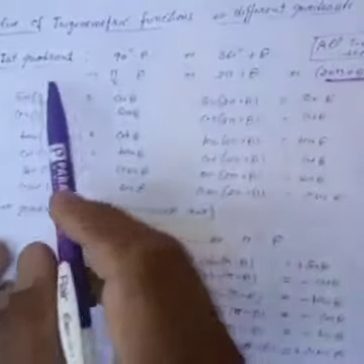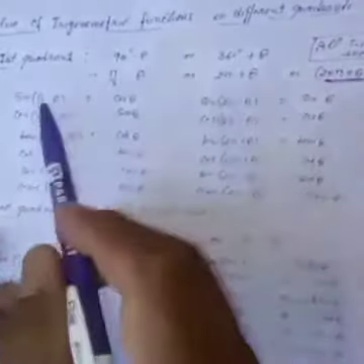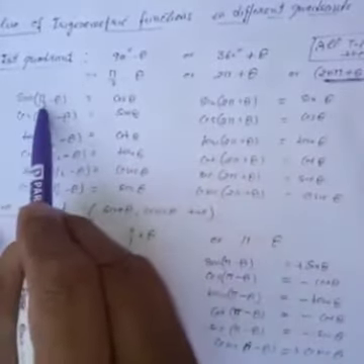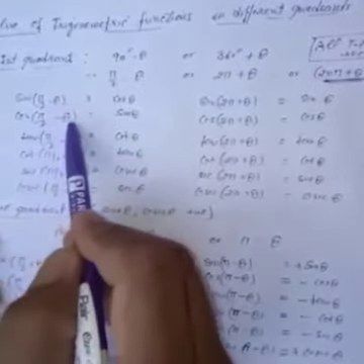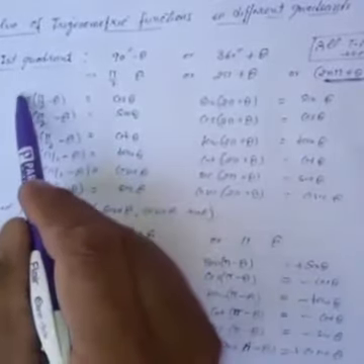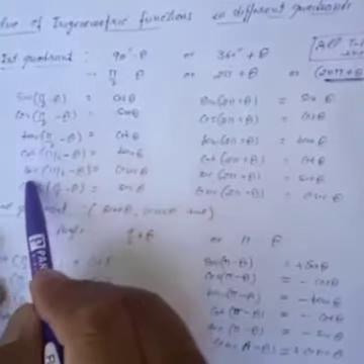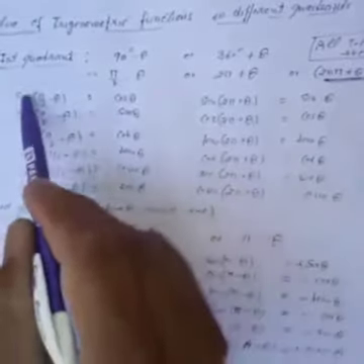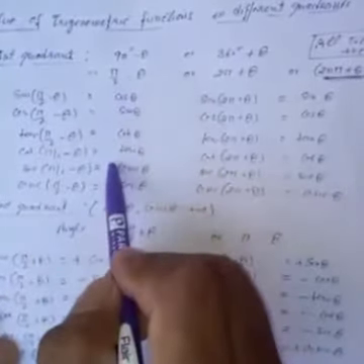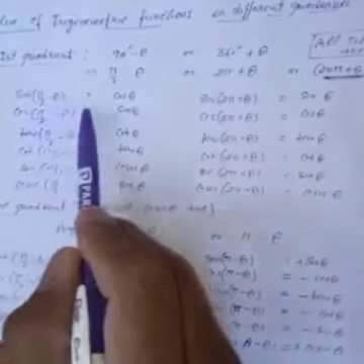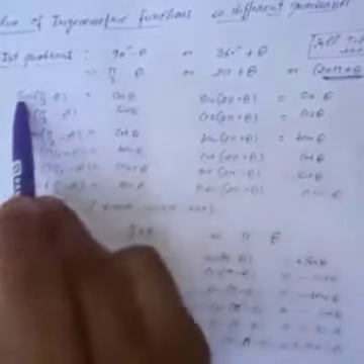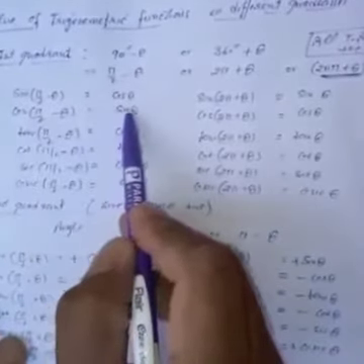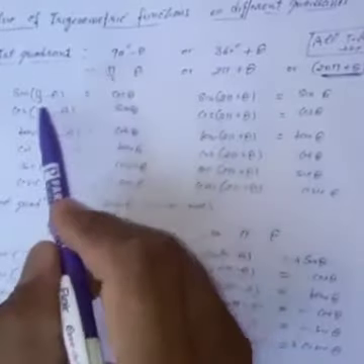So in the first quadrant all t ratios are positive. When we are talking of all t ratios positive, you first write the t ratio sine of pi by 2 minus theta, cos pi by 2 minus theta, and so on. And we have to check the sign of these. All these t ratios are positive, so on the right hand side we have to apply a positive sign. So sine 90 minus theta is plus cos theta because sine is positive. Cos 90 minus theta is plus sine theta because cos is positive in the first quadrant, and so on.